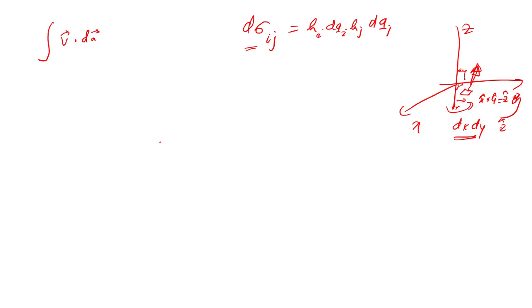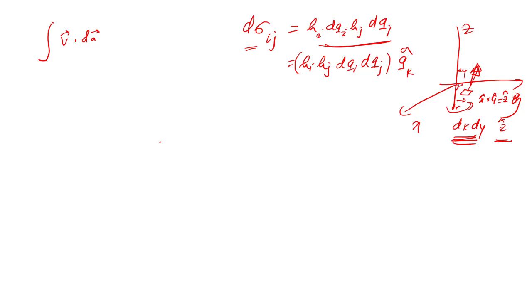So these are the magnitudes of changes along x and y. So here you're not doing a dot product, you're just looking at the magnitude. So simply h_i h_j dq_i dq_j, and this would be along the direction q_k,